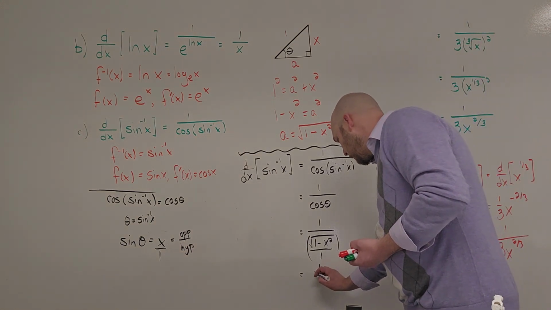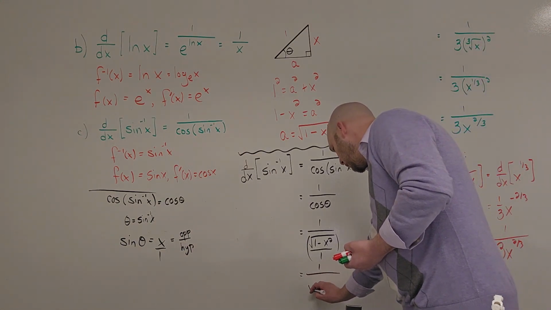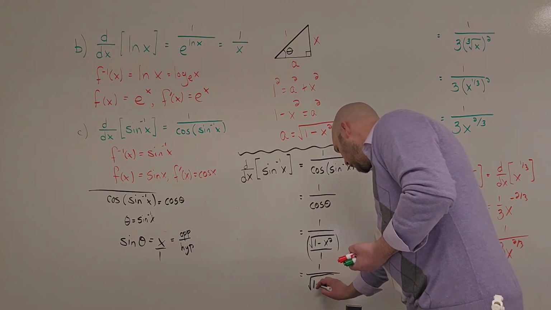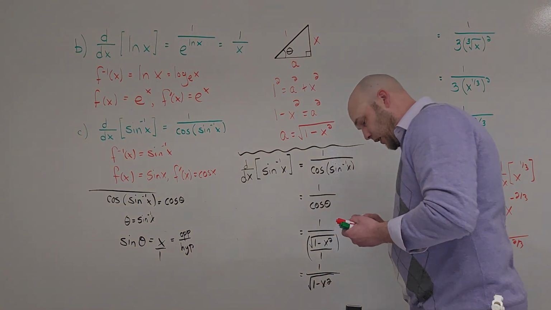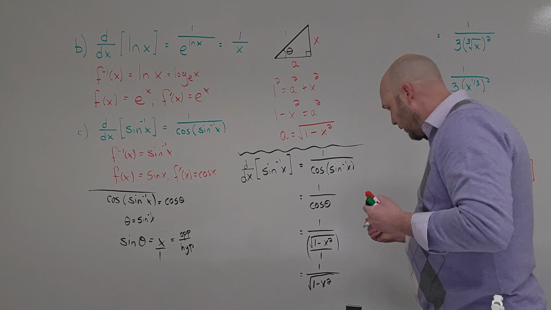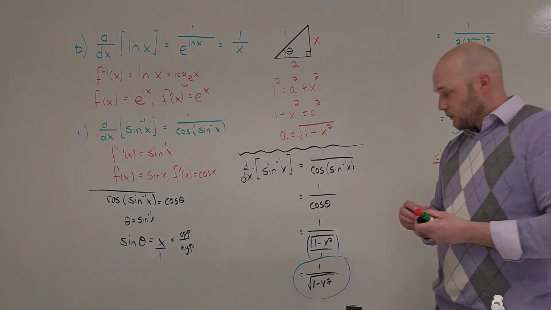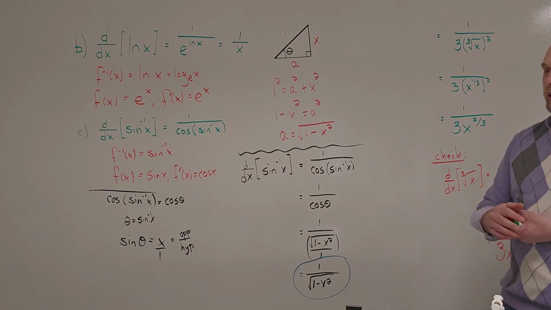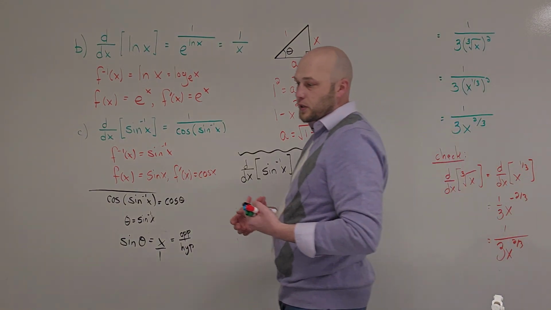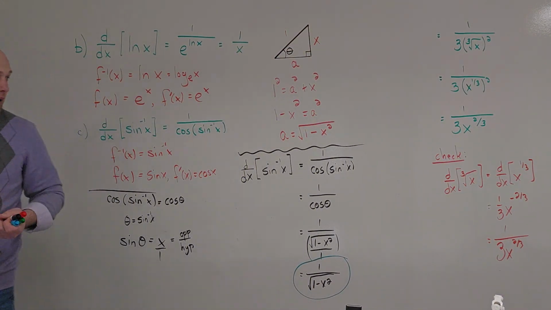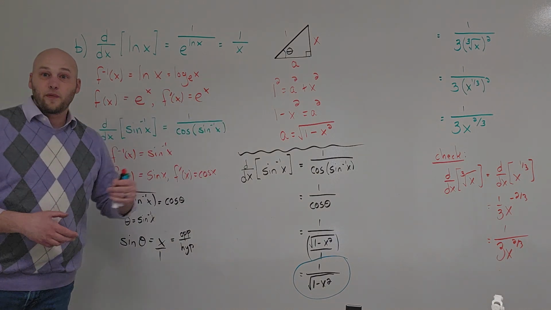That would give me a final answer of the reciprocal of the square root of 1 minus x squared. And this right here is the derivative of the sine inverse function. We could do a similar procedure with all the other inverse trig functions and just follow along with that same format. Okay, so